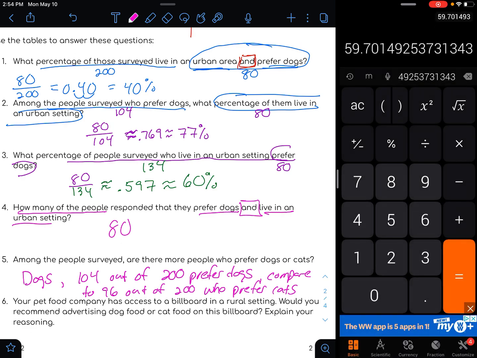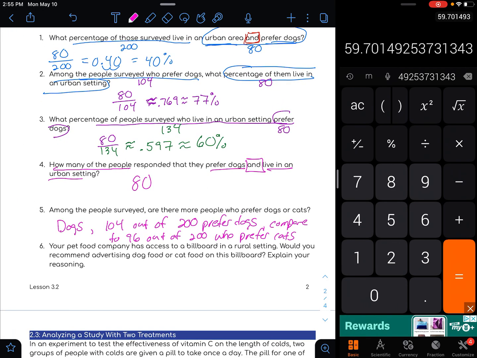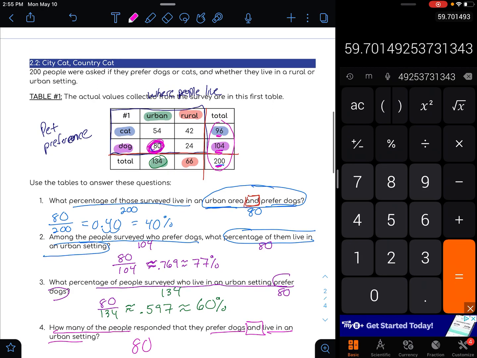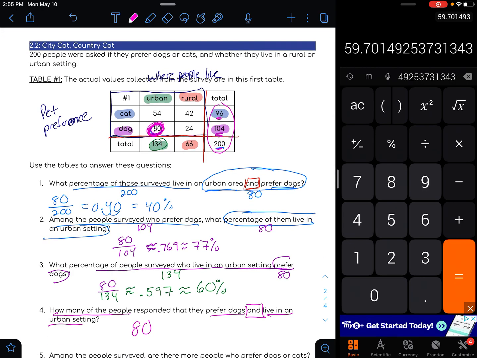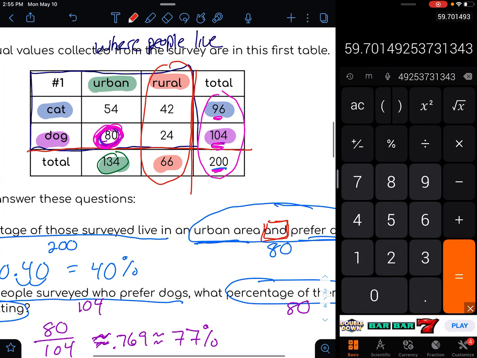My calculator's starting to do funny things over here. Okay, number 6. Your pet food company has access to a billboard in a rural setting. Would you recommend advertising dog food or cat food on this billboard? Explain your reasoning. All right, so we're looking at the billboard in the rural setting. So now let's specifically focus in on the rural setting people. So we're looking at this group right here. And of that group, what would we want to advertise for? Would we want to advertise more for